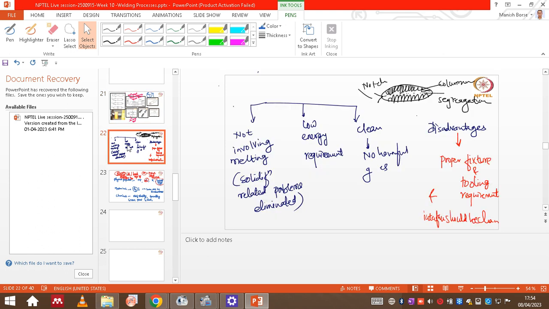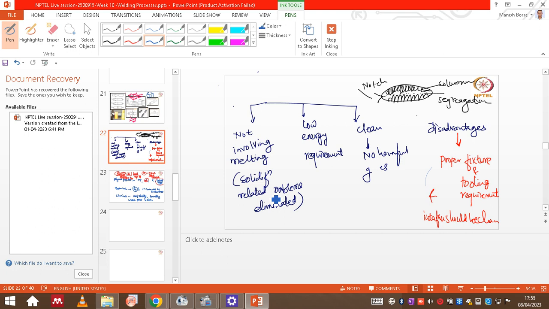Okay, so as we have seen, the main principle of the solid state welding process is that we are not melting the interfaces, right? So the disadvantages of fusion welding processes, where we are melting the interfaces, are ruled out here in the solid state welding process. So if you remember what we have discussed in the fusion welding processes,